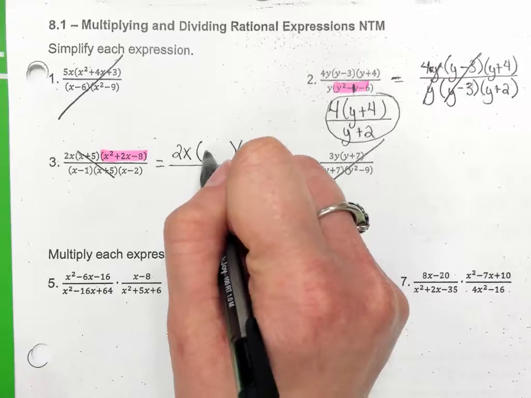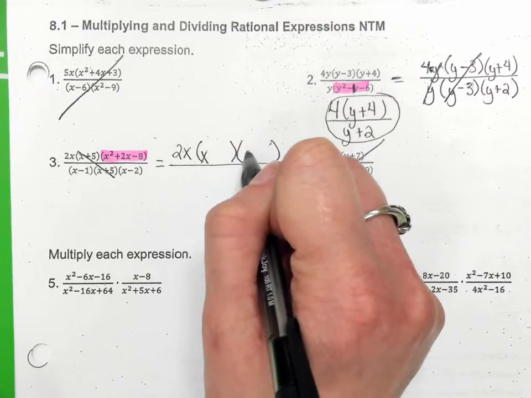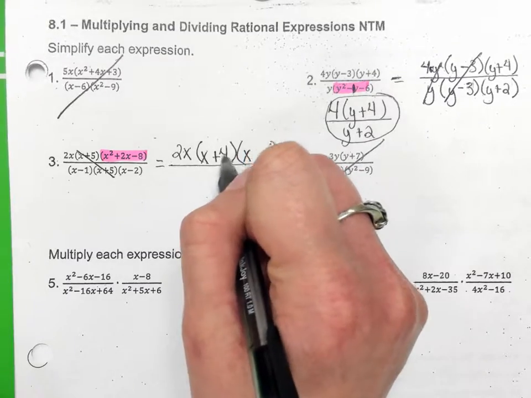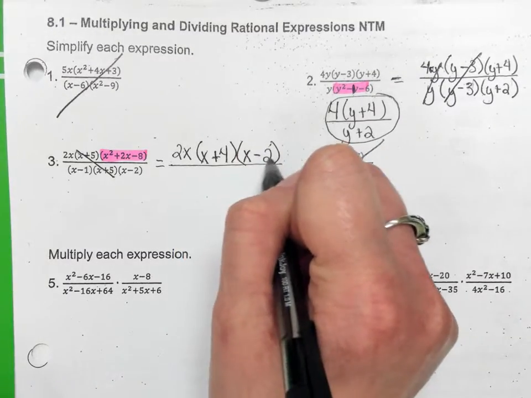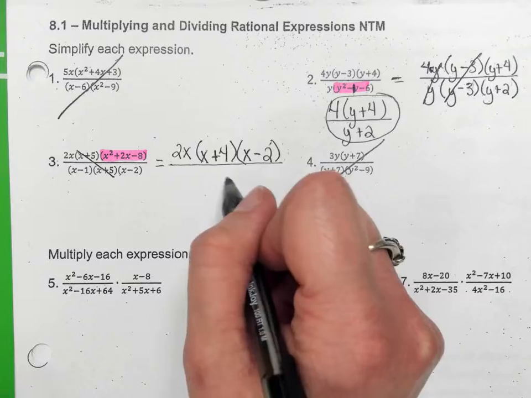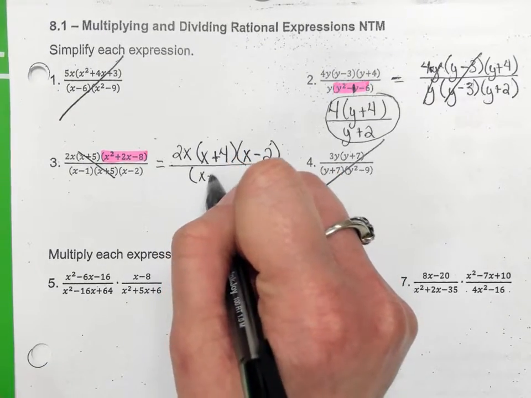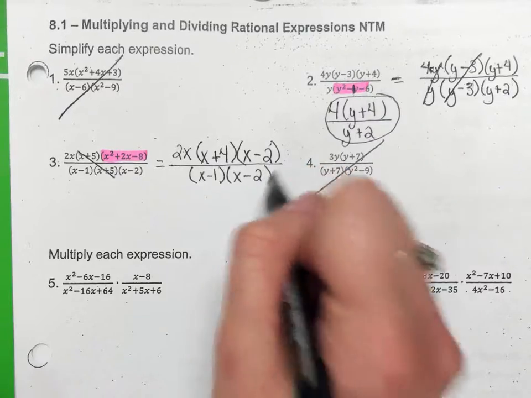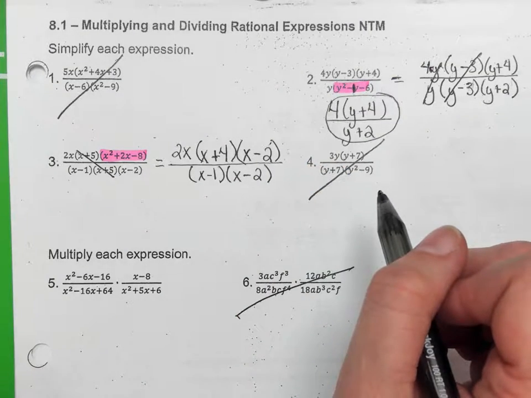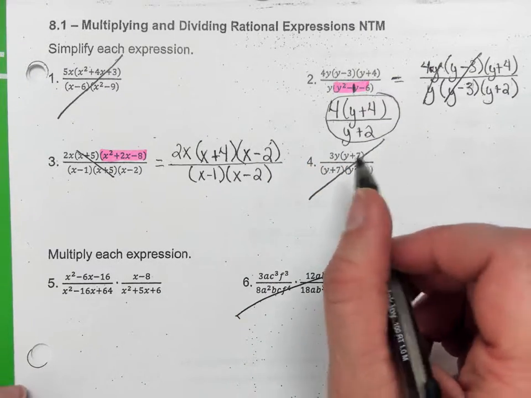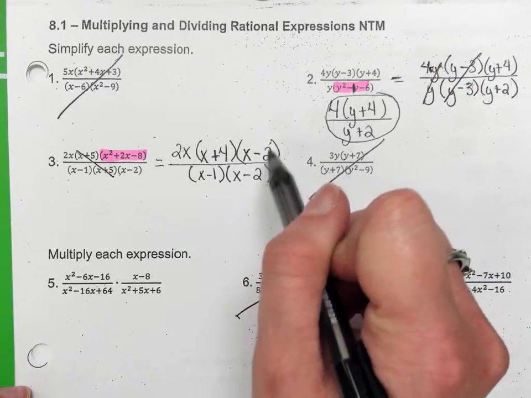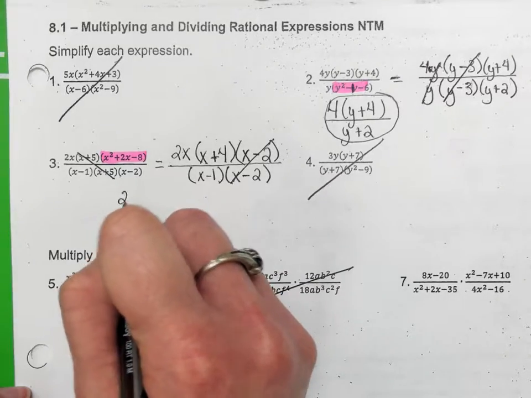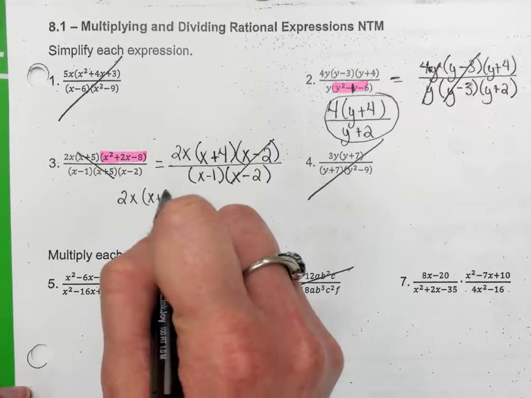So I need the factors of 8 that add or subtract to be 2. And that's +4 and -2. And we're just going to rewrite that stuff on the bottom that's left. X plus 5 is gone, so don't write him again. And now you should notice the same thing on top and bottom is the x minus 2's. So they will cancel. So you have 2x, x plus 4,